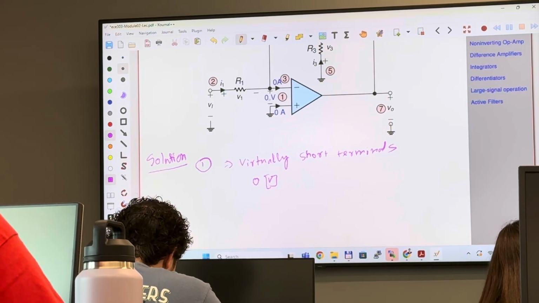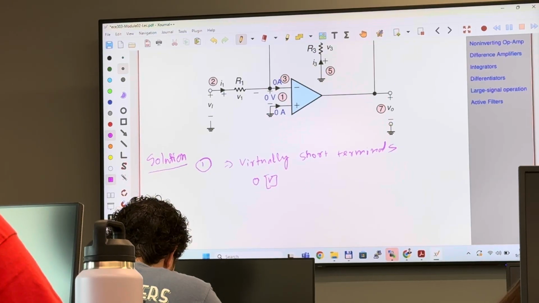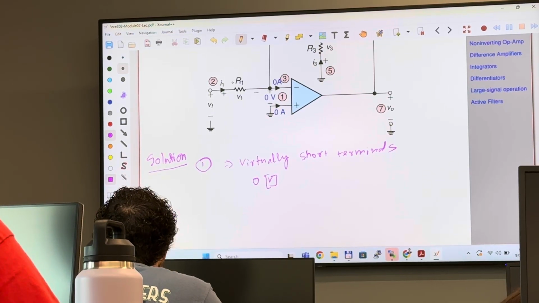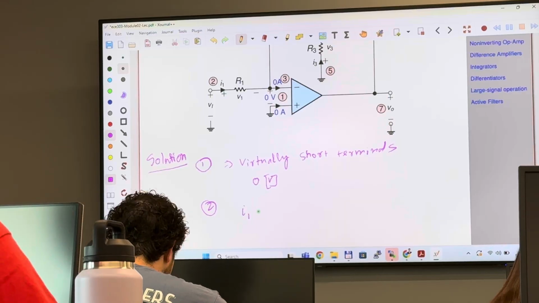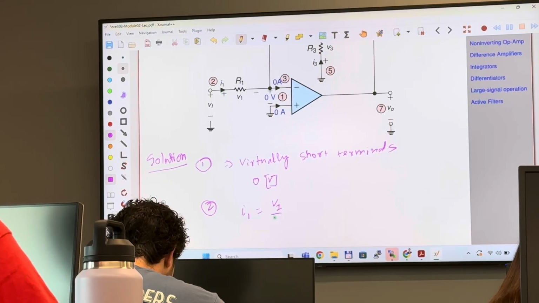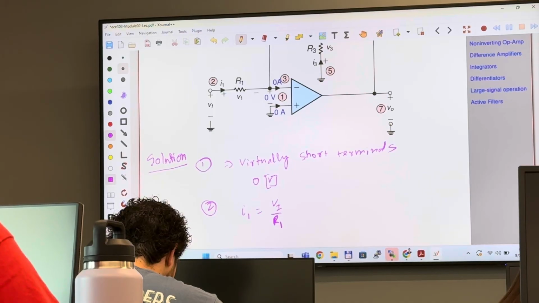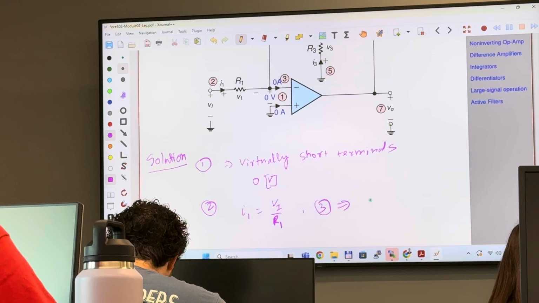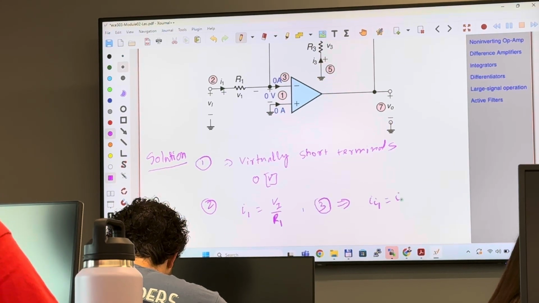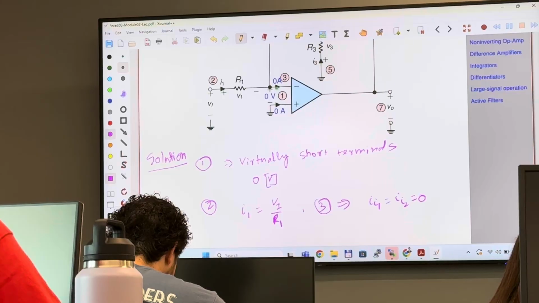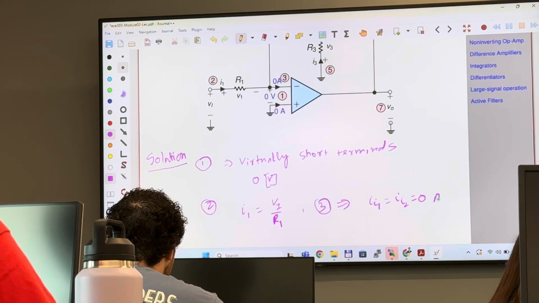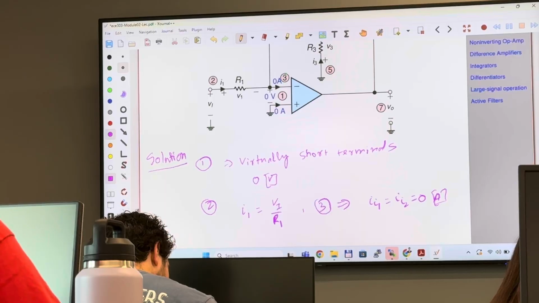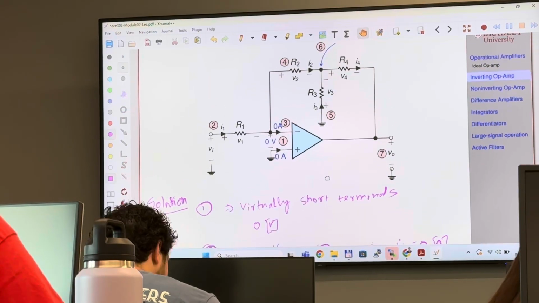because it is virtually short, this is ground, so this terminal basically you can think of this as a piece of wire. So step 2, you find I1, which is simply VI over R1. Step 3, I1 equals I2 equals 0. Zero current is flowing through these terminals. So this is step 3. Step 4,